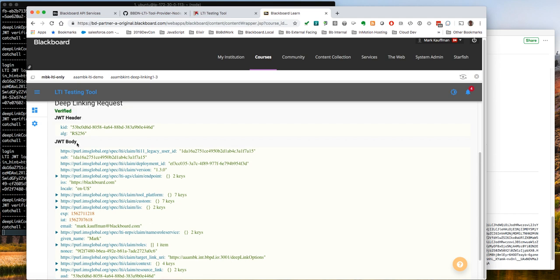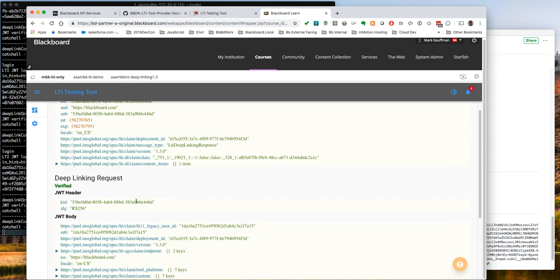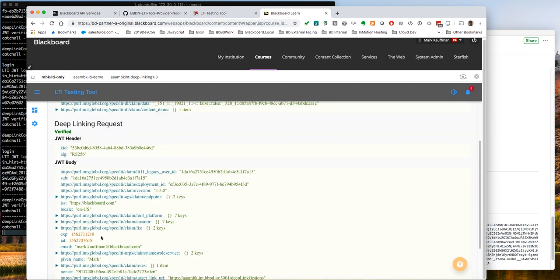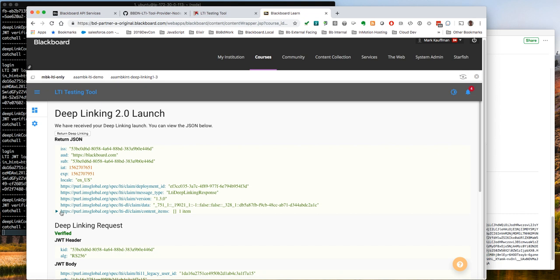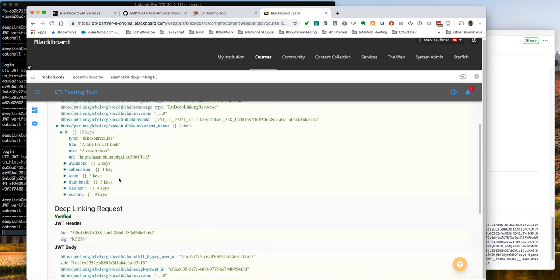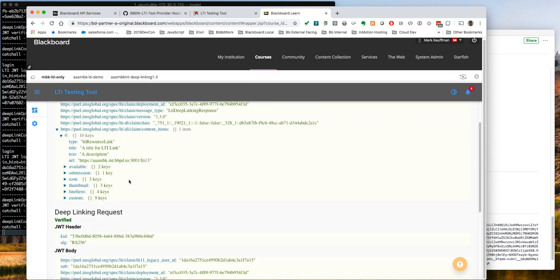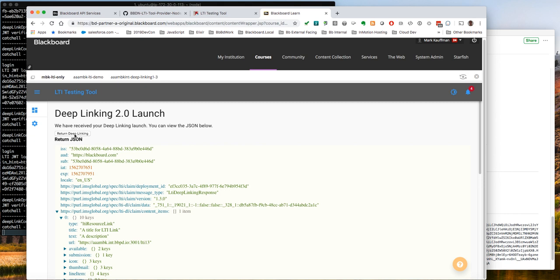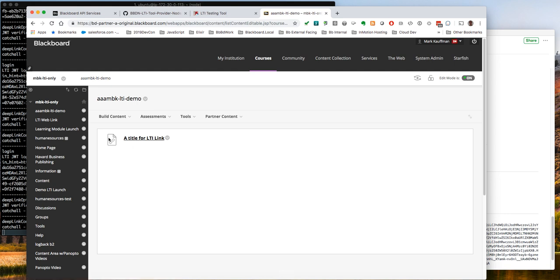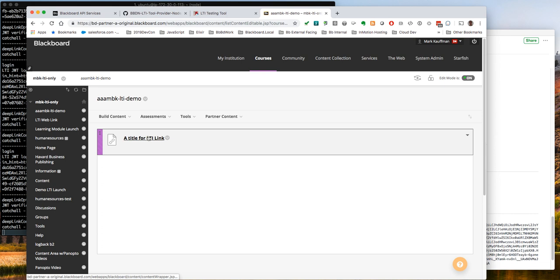You can see the launch here, the request that was made from Learn. You can see all that information. And then you can see what the return JSON will be. It's here. So it's all right there. And what we do is we just hit return deep linking and Learn then processes the content, and now you've got your LTI link. And I believe if I click this at this point, I haven't tried this yet,